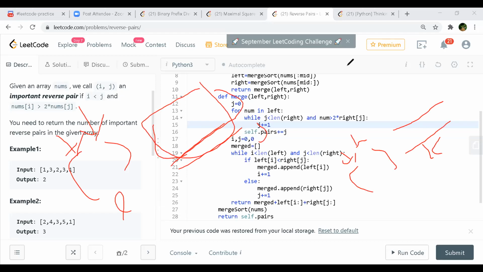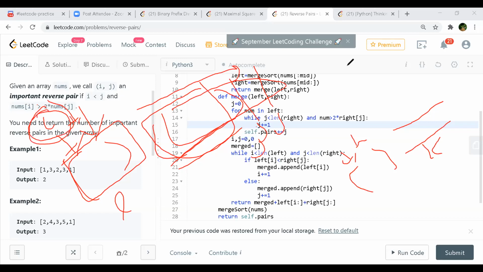See, this array is sorted, right? You took the ith element here and found that till j all the elements are satisfied. Now when I move this, I don't need to traverse the array from the beginning, because the element bigger than this will definitely satisfy this. I don't need to visit this again.